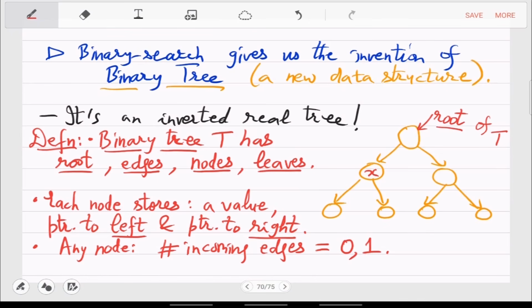What is the number of outgoing edges? So outgoing edges can also be 0, which means that it's a leaf, right? From there you cannot go anywhere else. It can be 1 and it can be 2. It cannot be 3.